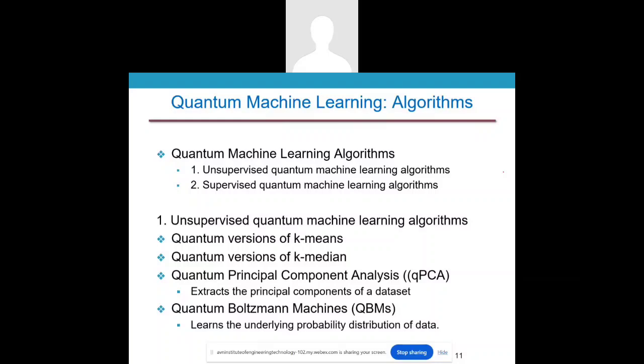Unsupervised quantum machine learning algorithms. In the traditional classical machine learning algorithms, these are the popular ones. If you want to form clusters, k-means or k-medoids is required. This is another optimization kind of one. What is this? Reducing the data dimensionality. Those are the classical ones. When it comes to quantum, there is a quantum version of k-means,